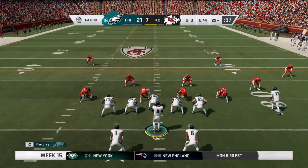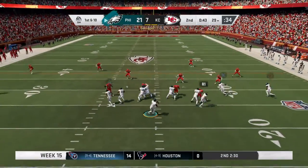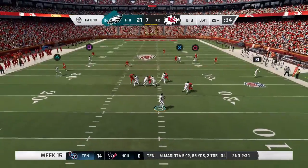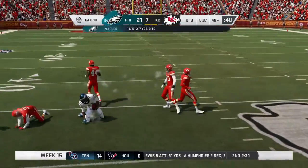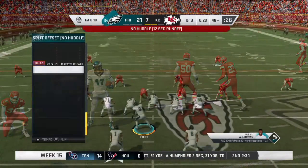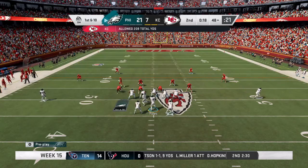The Eagles offense set to begin their next drive. You've got under a minute to go here until halftime. You've got the good-sized lead. No need to do anything crazy. No, there really is no need to do anything crazy. The smart play, go ahead and take your lead into the locker room and then try and add to it in the second half. But there's a part of me that looks at this and says,